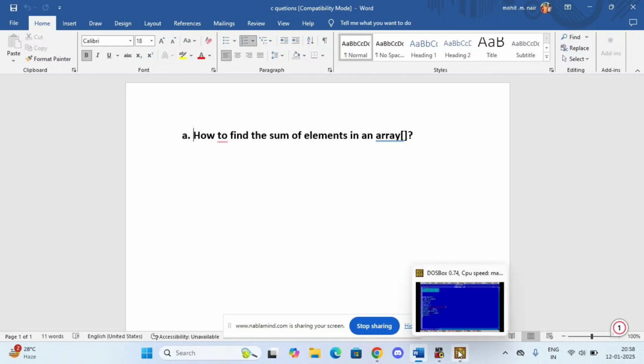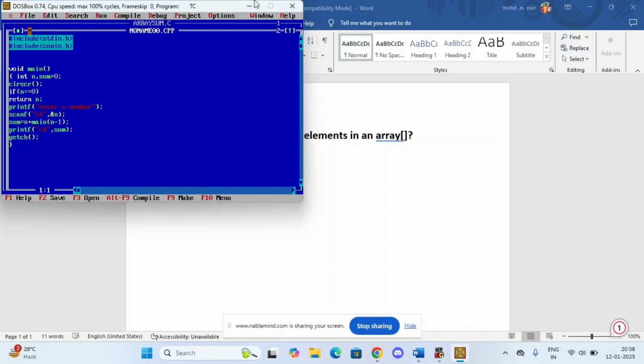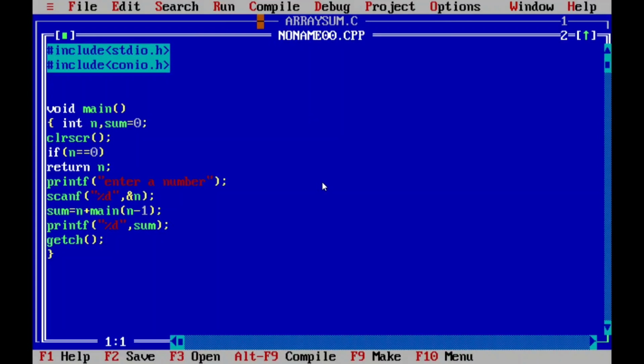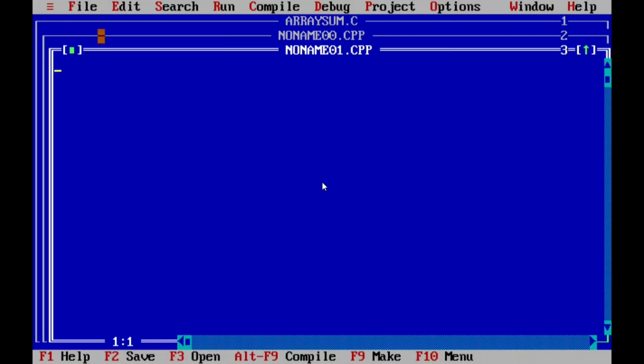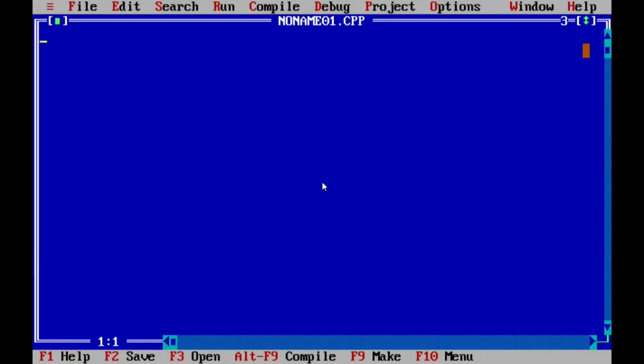So let's go. I will be using Turbo C. There are different types of other software, but I'm using this because the standard colleges use this compiler. So it will be easy for you to understand at your school or college. So let's start. So first we have to put the header files which include